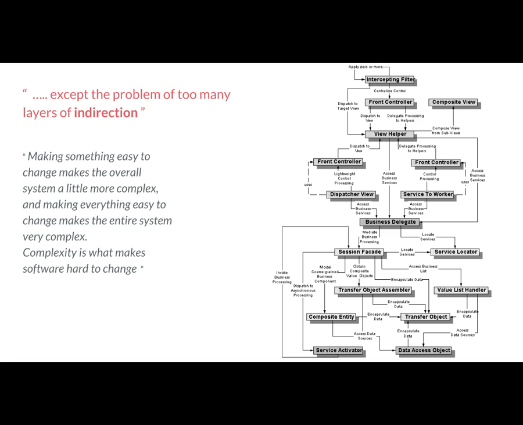The way it is done, the intercepting filter is for interceptors. Front controller takes care of all the requests and then has the responsibility to redirect them. Then you have a service worker, business delegate. From each and every one, when you pass the object, you give it a name. Is it the view object? Is it the transfer object? What kind of object is it? And these are like composite entities and service activator pattern using EJBs and whatnot.